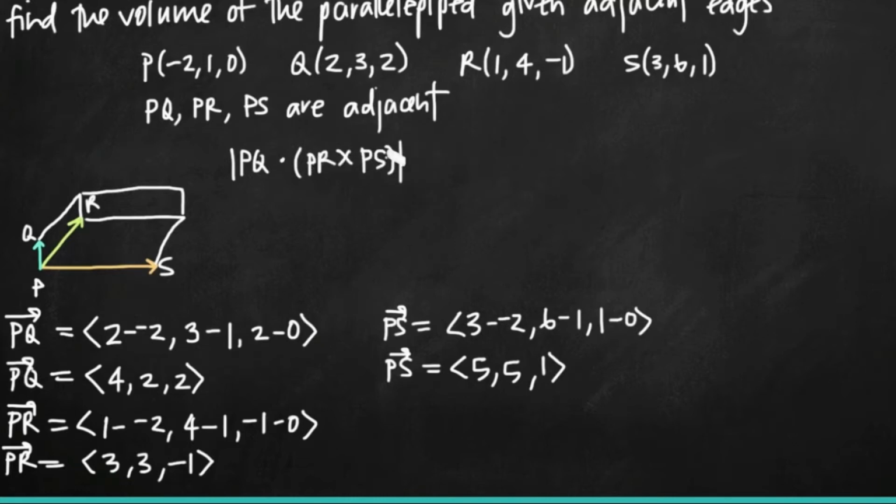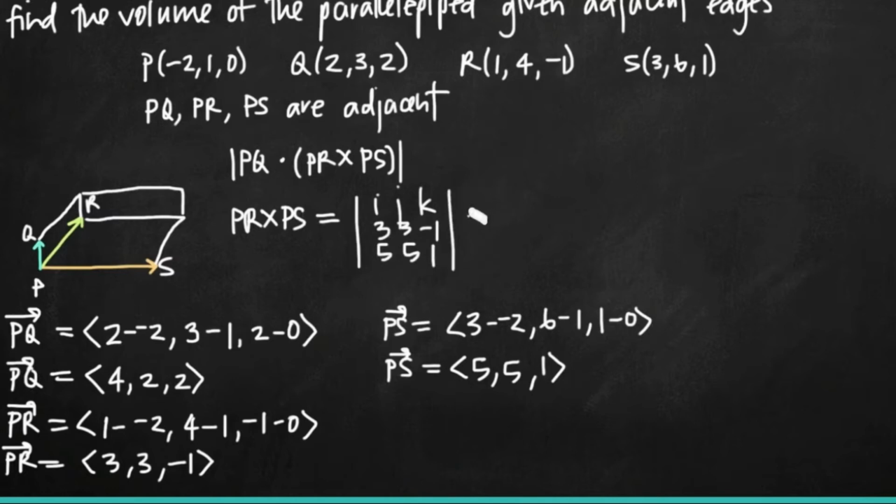So to determine the volume of this object, we shall get a triple scalar product. We are calling it triple scalar product because the final value is a scalar. So we shall get a triple scalar product of these 3 vectors. We shall take PQ dot PR cross PS. I'm going to put the modulus signs so that in case we get a scalar product which is negative, we still take the absolute value.